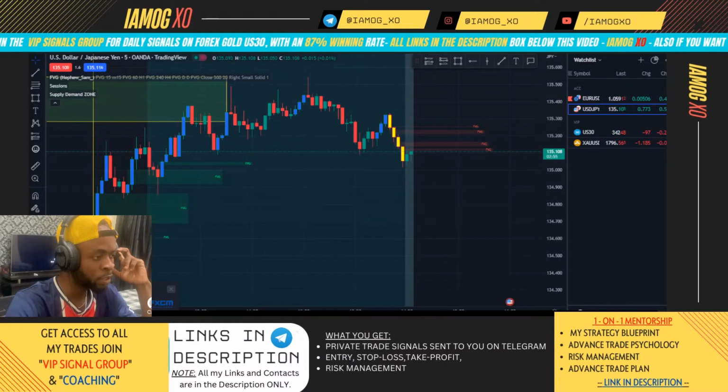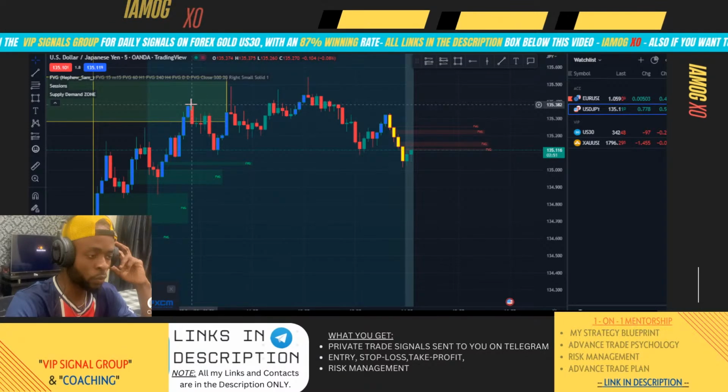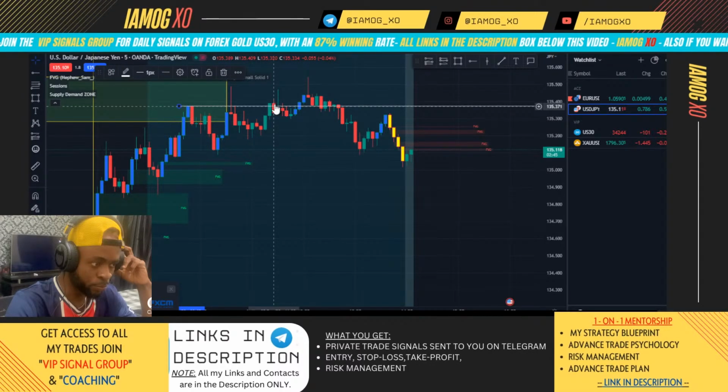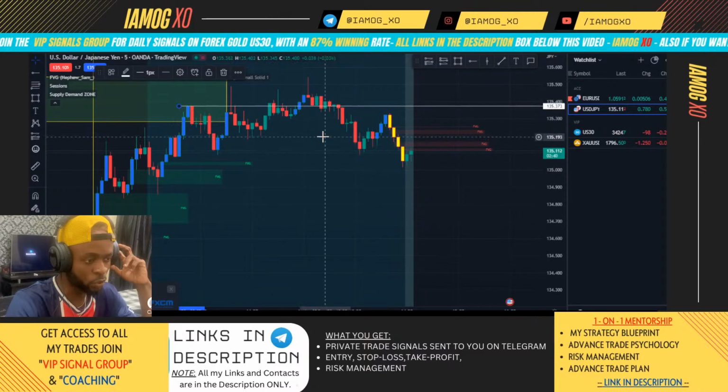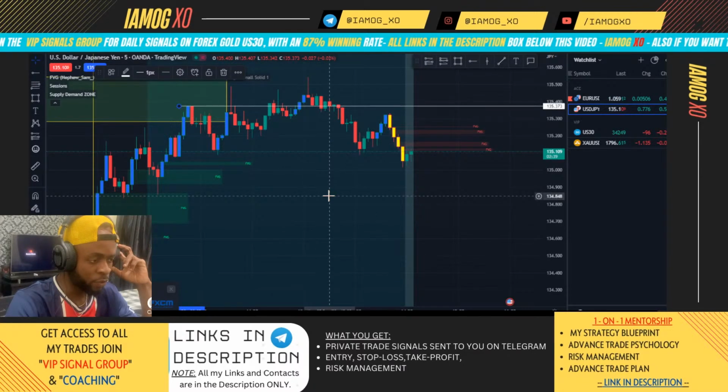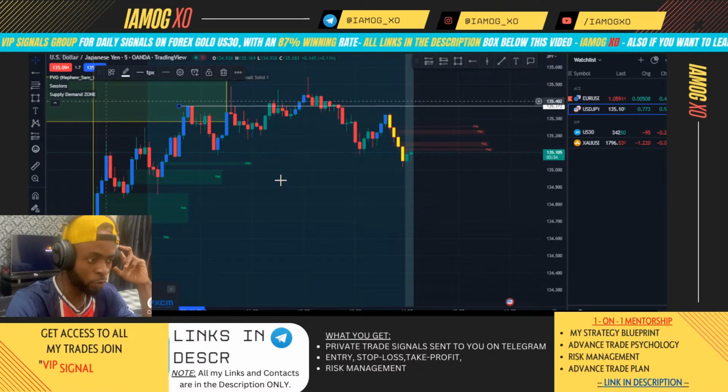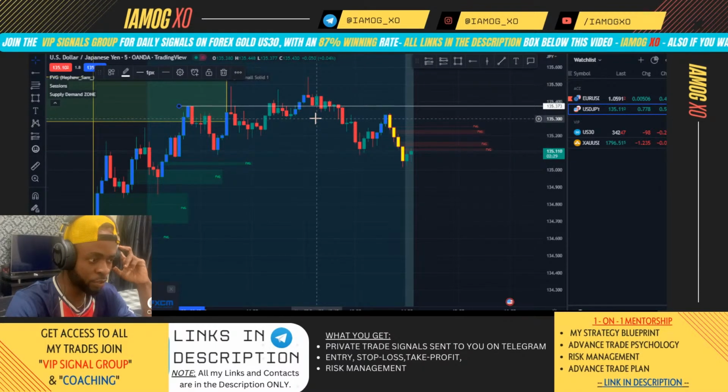Okay, on the 5-minute time frame, this is where I saw it, and an entry. I was looking at these highs for price to take them out, which price clearly did at this point. Price took these highs out and came all the way down. So my area of interest for today is going to be USD JPY at the moment, and I'll be looking to take a sell trade on USD JPY.